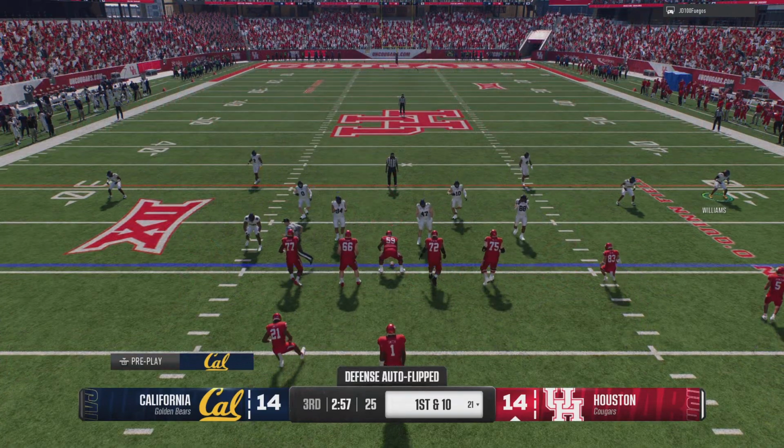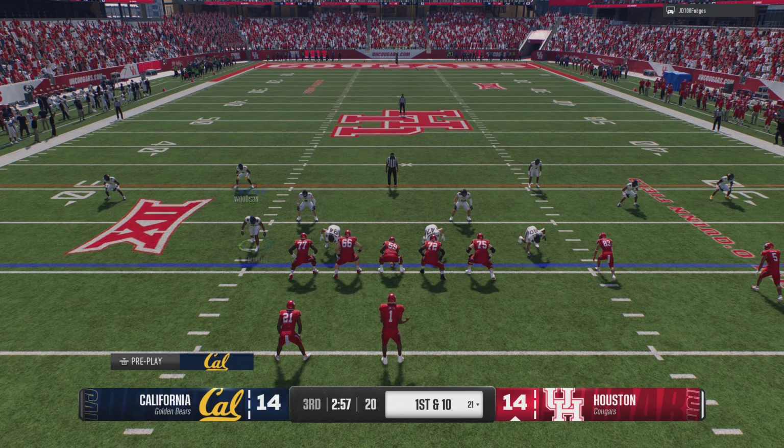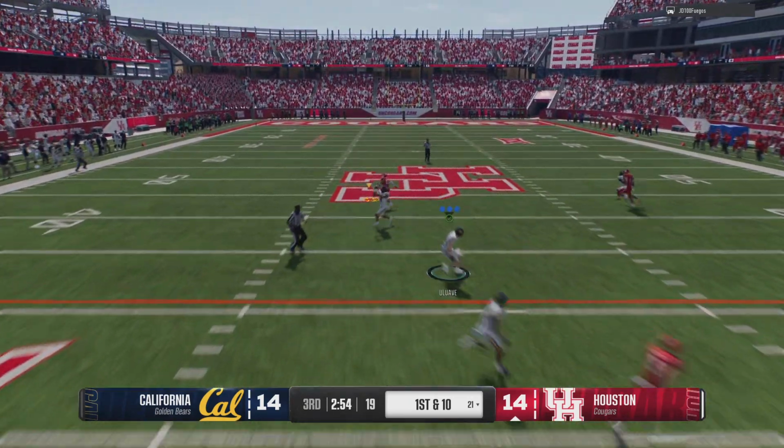The Houston offense ready to go back to work. First drive of the second half, always fun to watch. You see what type of tweaks were made at the half, especially when you're locked up in a ball game like this one. Yeah, and it's been a good...